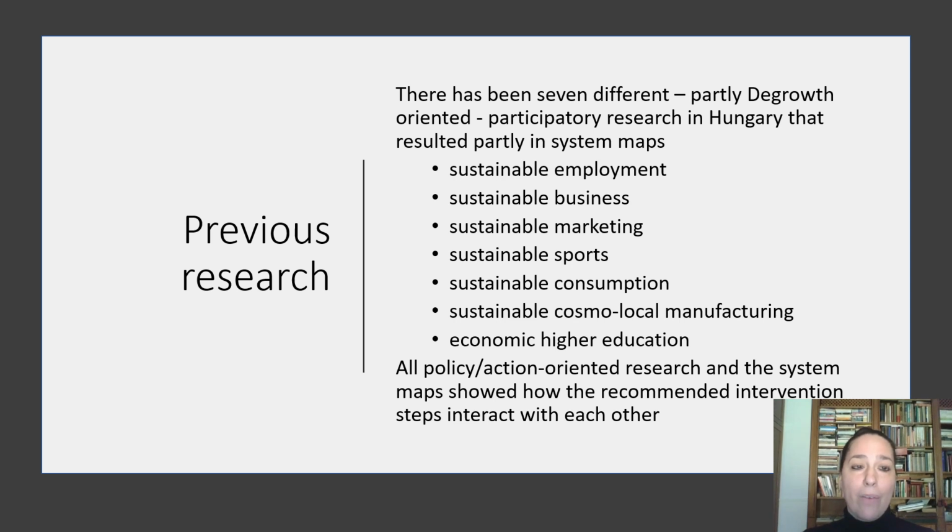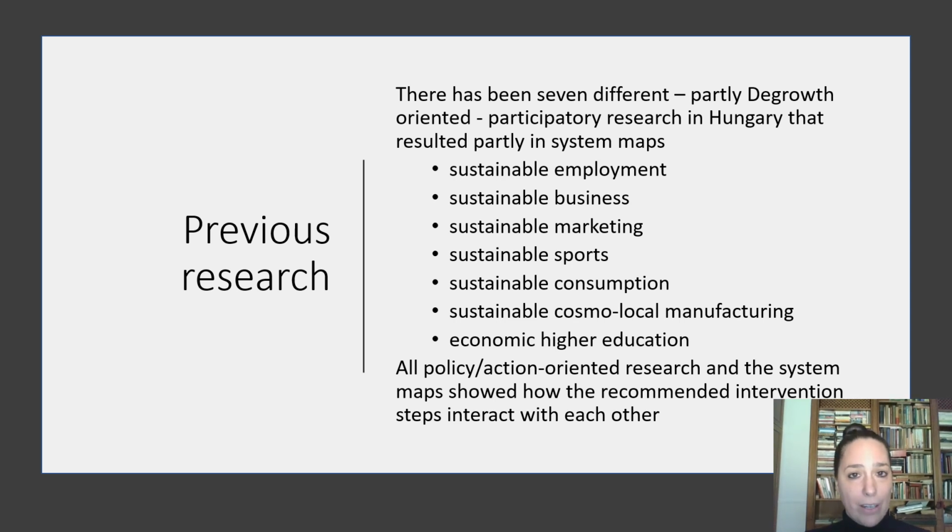The topics of these were sustainable employment, sustainable business, sustainable marketing, sustainable sports, sustainable consumption, sustainable cosmolocal manufacturing, and economic higher education. These were all policy and action-oriented research, and the system maps showed how the recommended intervention steps